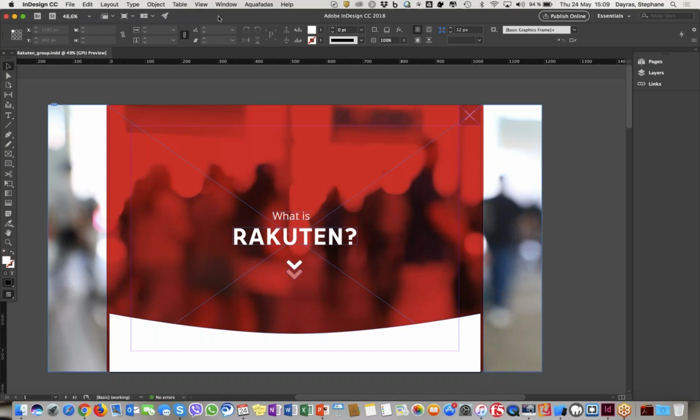As soon as you download it, you have either a PKG file that you can deploy if you're using a Mac OS X machine, or a .exe file if you're using a Windows machine. That will ask you to locate your version of Adobe InDesign on your hard drive, and as soon as it's done, you click OK, and you'll get the plugin installed very easily on your computer or laptop. And then, as soon as you got the Aquafadas plugin installed, you'll get this additional menu like you had before, if you were using our plugin before.